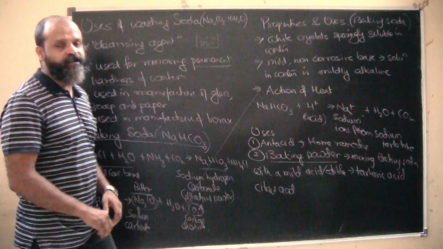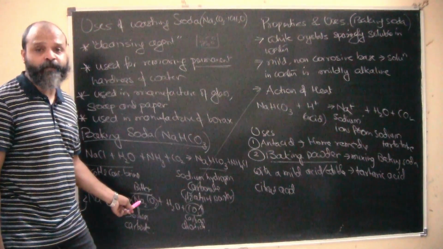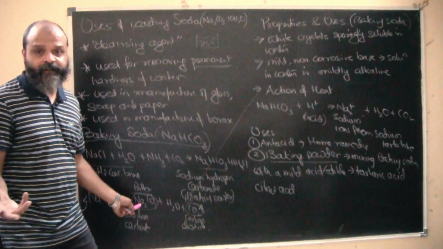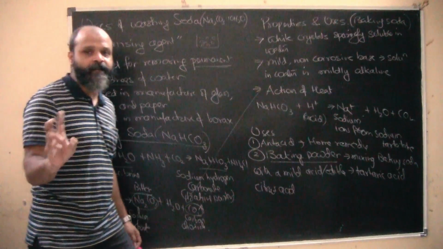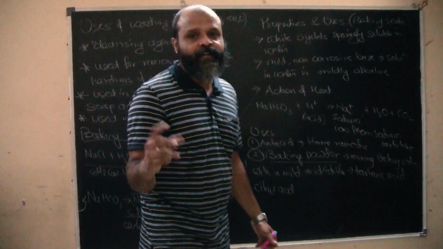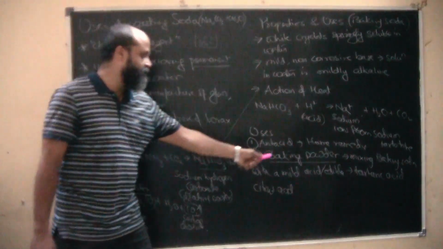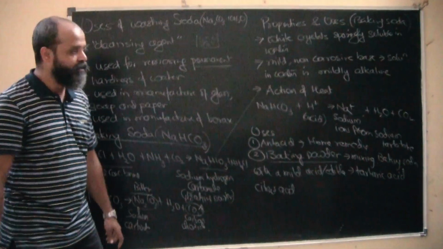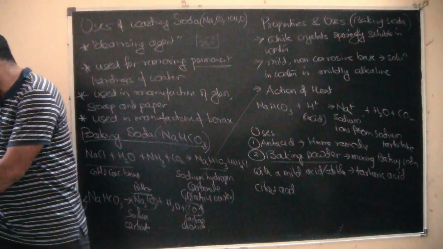The purpose of this citric or tartaric acid is to actually form sodium citrate or sodium tartrate. It neutralizes this so that the bitter taste of sodium carbonate from the edible food is gone, okay. So that is the purpose of adding it. So that's one thing which has a huge use, okay. So we make baking powder and we extensively use baking powder for a lot of purposes.